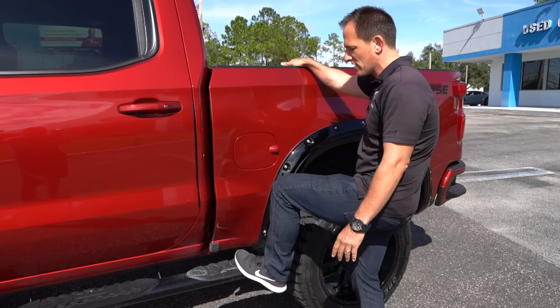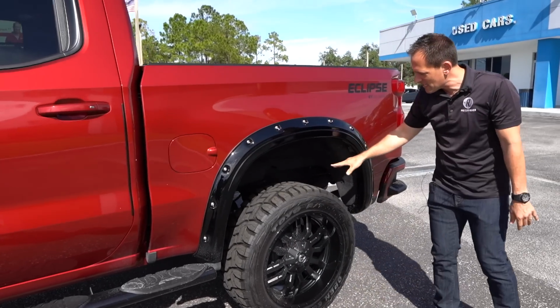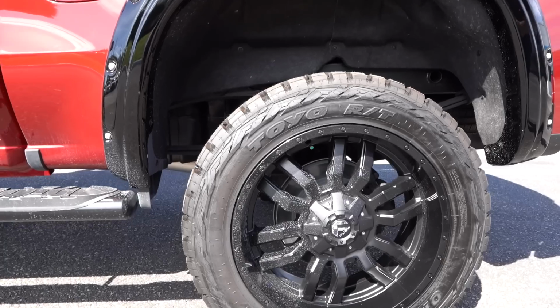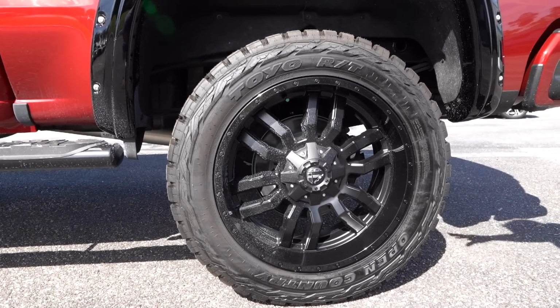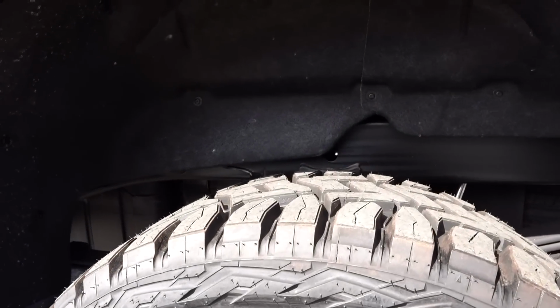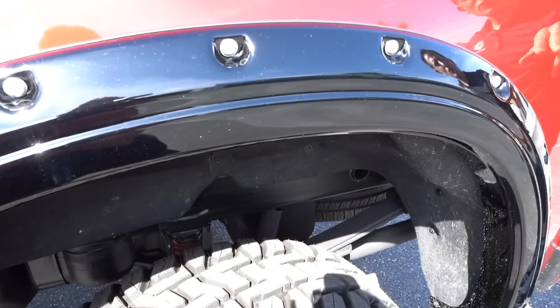That'll allow you to use this portion as access to get in and out. We get to the rear. Now, when we're talking about the suspension, we're using N3 nitrogen-filled shock absorbers. We could take another look at those 22-inch wheels. Very distinctive look. As we go down the back of the bed, the rear fender flares, and then you're gonna